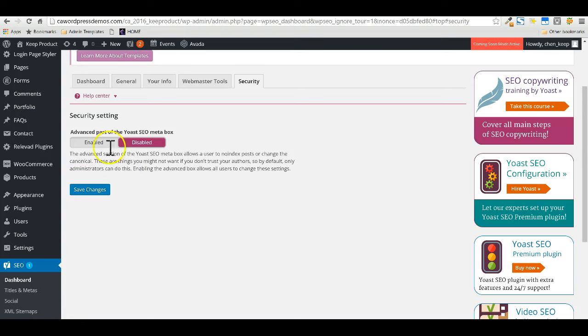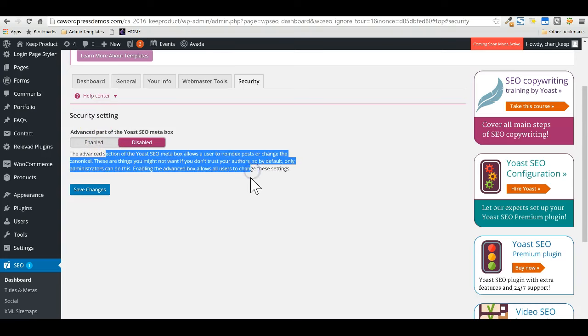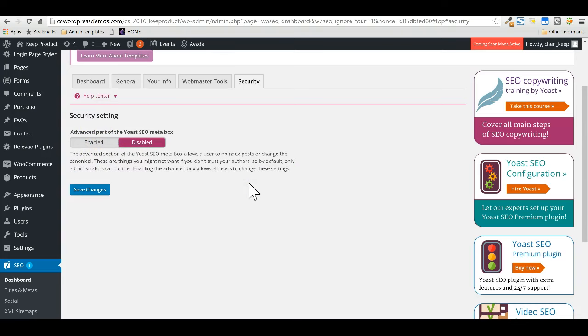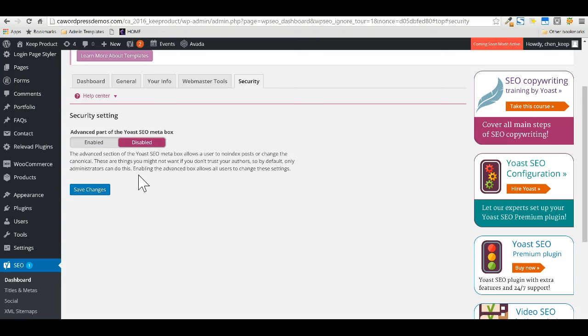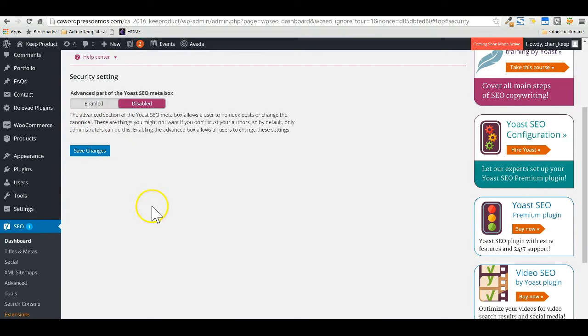This security settings is optional. If you want to hide some posts and information which you don't want to display to users, you can always remove that. Once this is enabled, this acts as a security setting for all your posts and pages.